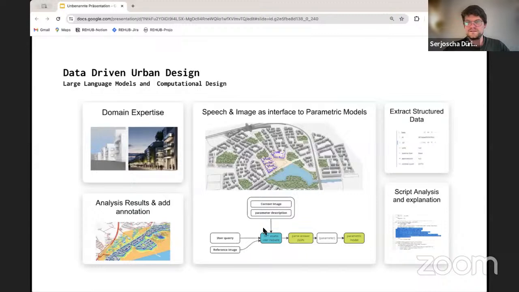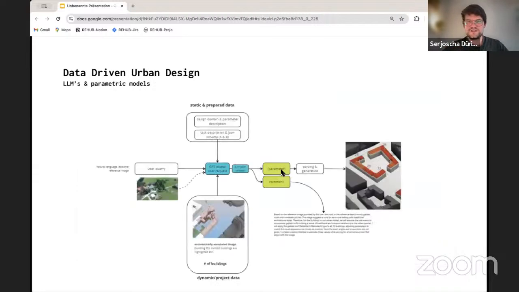Another very interesting part is to say everybody knows parametric models, for instance, Grasshopper or others, and to guide them and use them through large language models. So speech or reference image to parameters, essentially. I think that also greatly makes it easier for non-experts to just use these models. You don't have to put in 10 parameters for all the aspects of the parametric model you might not even really fully understand, but you can just describe what you want, and these large language models can pretty well translate